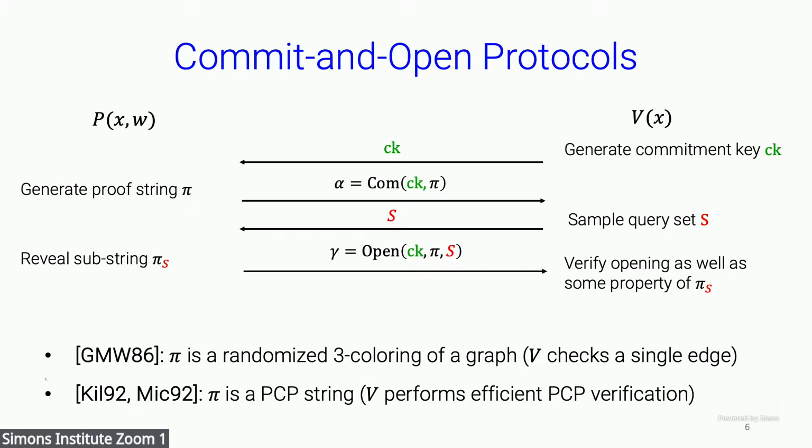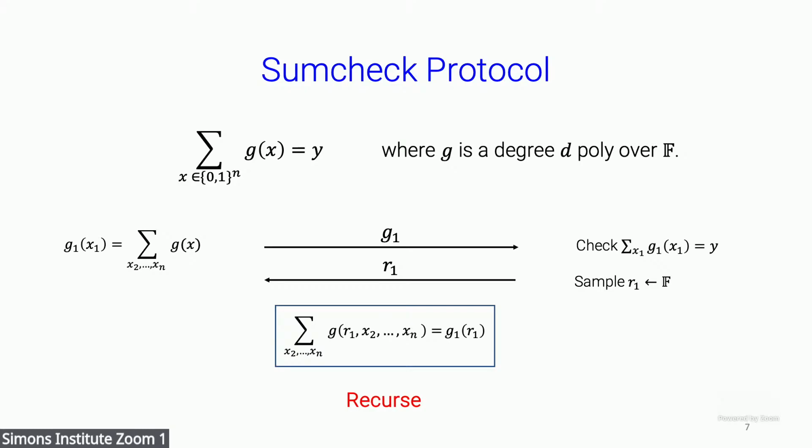Yeah, in particular for succinct arguments, this string pi is exactly a PCP string, and the set S is a query set for the PCP. All right, so here's one running example to keep in mind. The other running example to keep in mind, especially if you want to think about multi-round protocols as opposed to like two verifier messages,